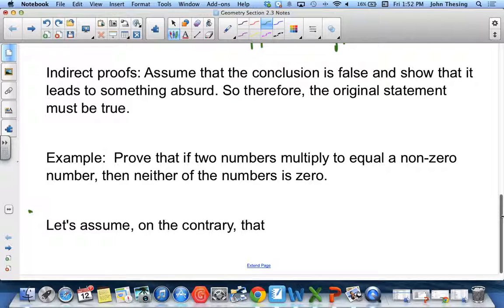Okay? So for the sake of argument, maybe it's true, maybe it's not, let's just assume that it's false. And then we're going to show that it leads to something absurd. In Latin, they call this a reductio ad absurdum argument, a reduction to the absurd argument. You ready? Let's assume, on the contrary, that